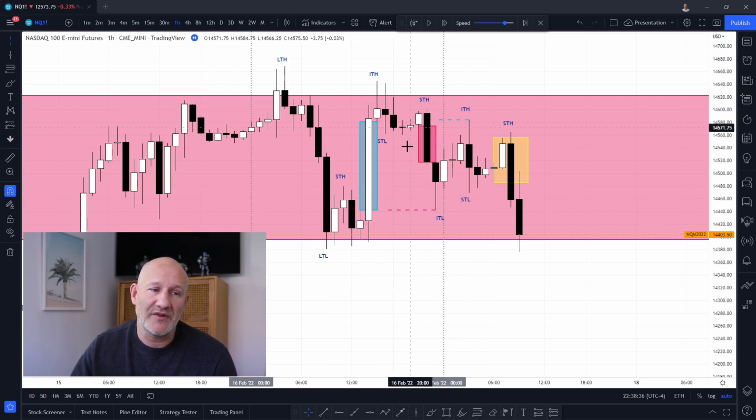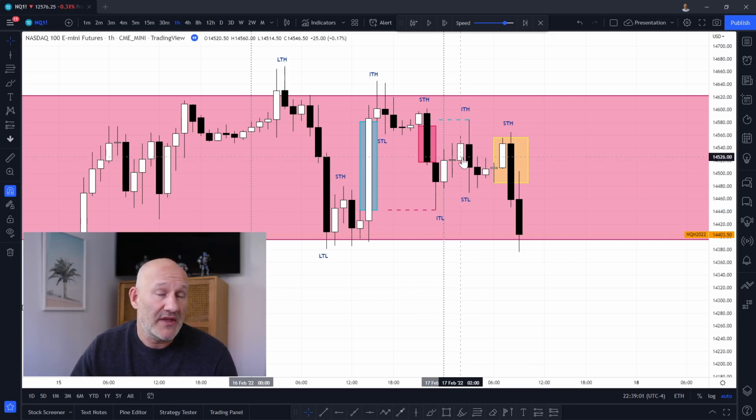So at the moment, we still don't really have enough information. Our highs are going in the direction that we'd anticipate, that we'd expect, but the lows are not. So the lows are also increasing. We obviously want to see these lows eventually get breached for our hypothesis to be correct. Now, as we roll forward again, we have this intermediate term high and this short-term low created by this particular